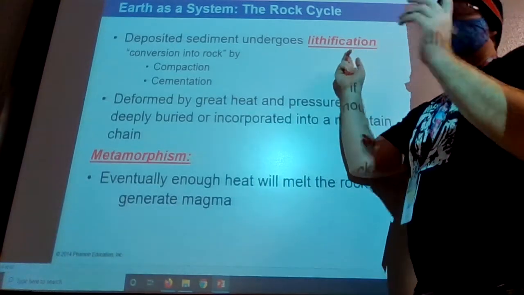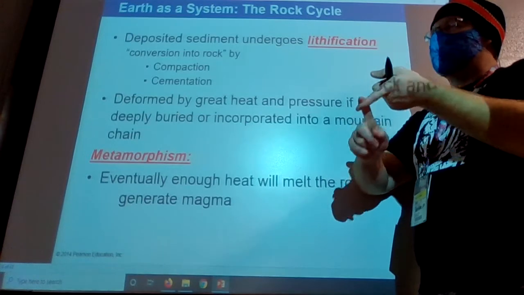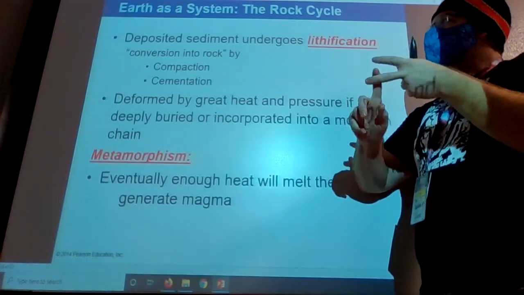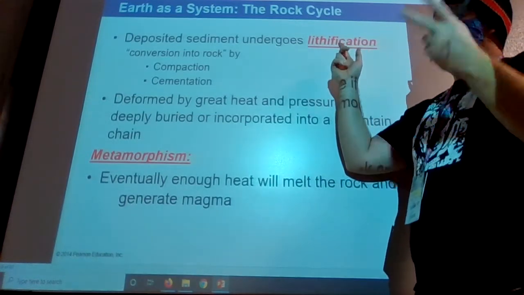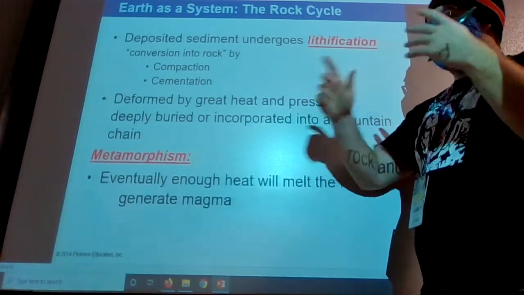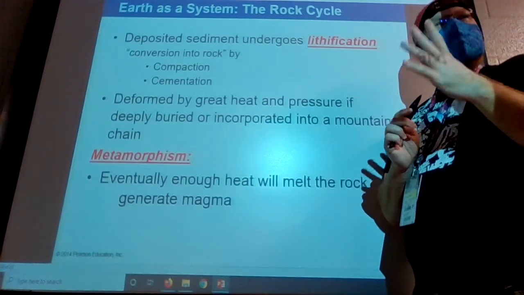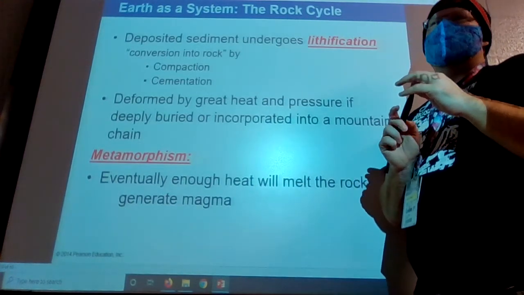So that is the second part of the rock cycle. We have igneous, which is melted rocks that come from magma lava. We have sedimentary rocks, which come from weathering, erosion, and then lithification. And then we have metamorphic rocks, which when I first started teaching this class,